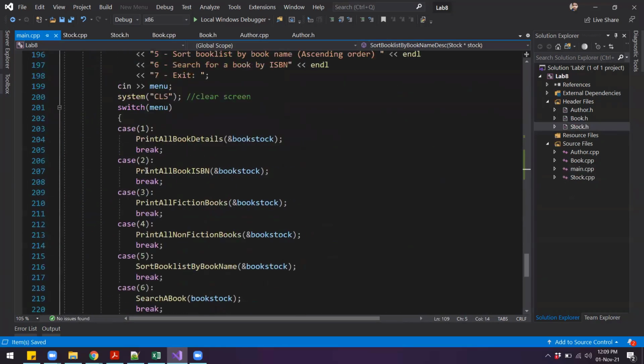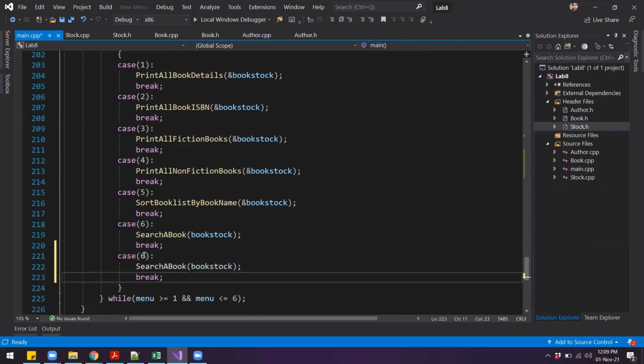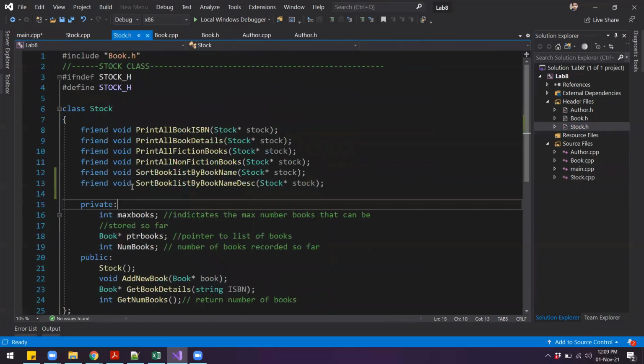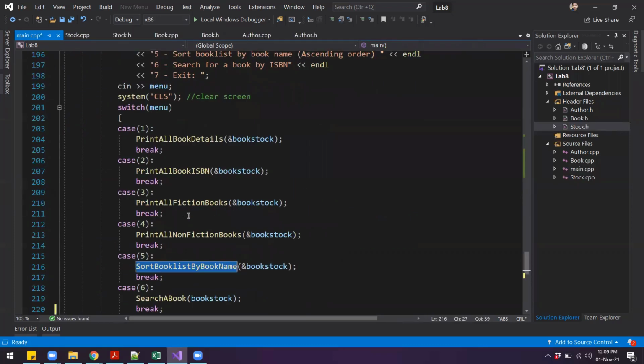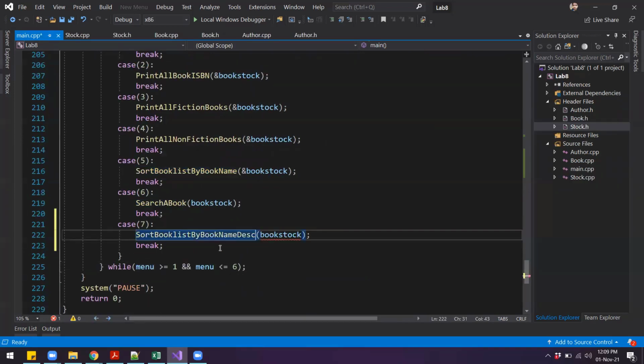So in the main function over here, I'll add a new case statement, case 7, and in here we are going to call that particular function. I'll copy this and paste it over here, and whatever we are passing is still the same, we just have an ampersand over here.